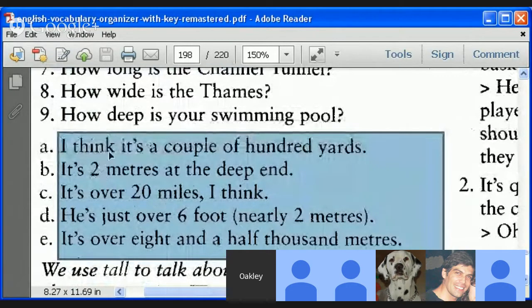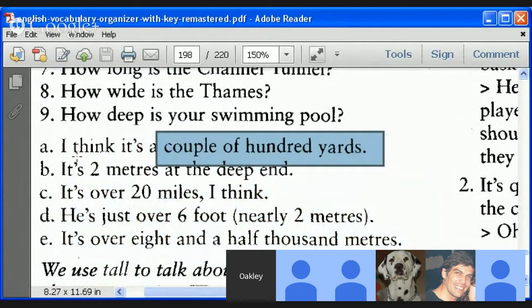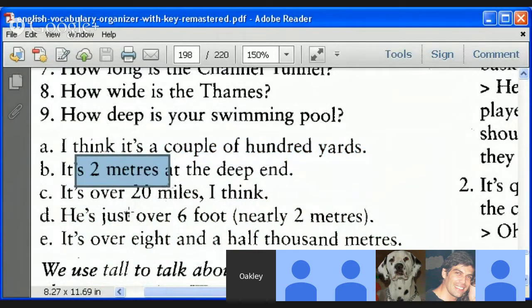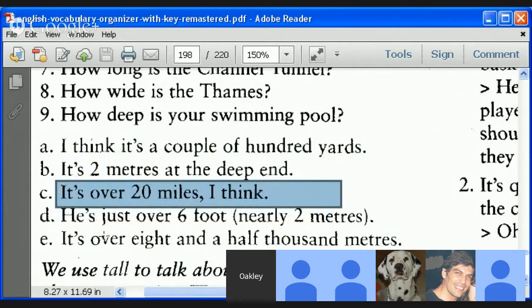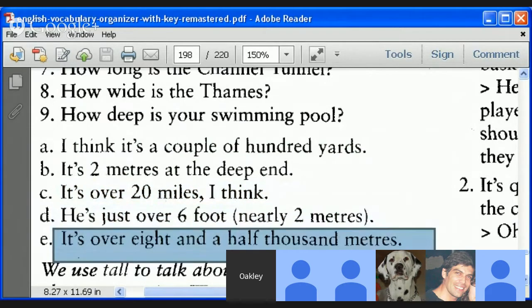Looking at it, you have options. Is it a couple hundred yards? Is it 2 meters? More. Is it over 20 miles? Oh my God. We already picked D. I think E. E. Okay. All right. Well, logically,